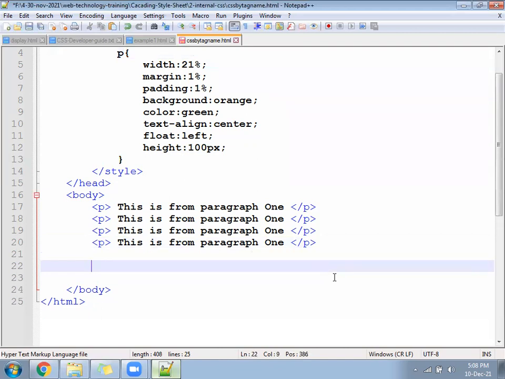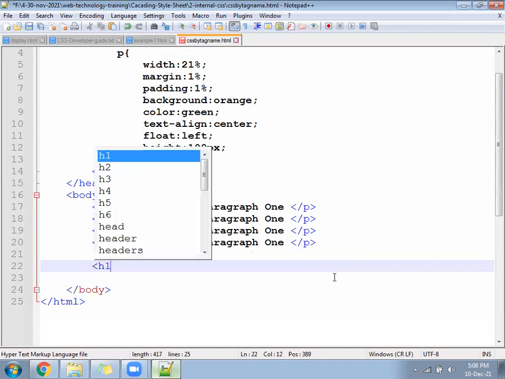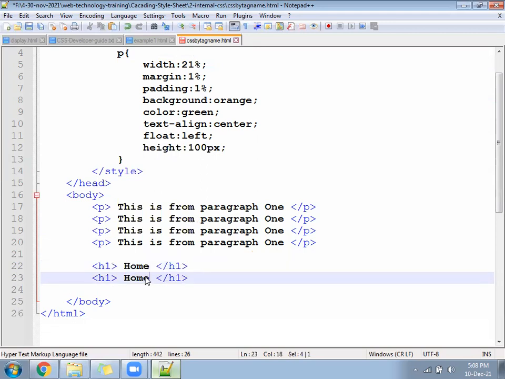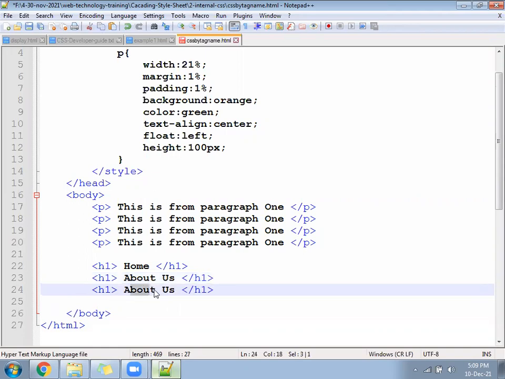No problem in that. Now you write H1. Sir, tell me, sir, why are we giving height in pixels? We have given width in percentage. Height you can give in percentage also. Try in percentage, it will come. We will discuss. We have 3 types of height. We have not learned that still. We have only seen height, right?